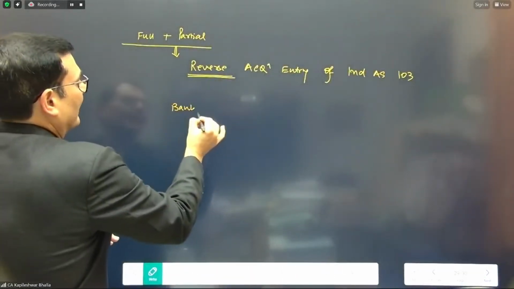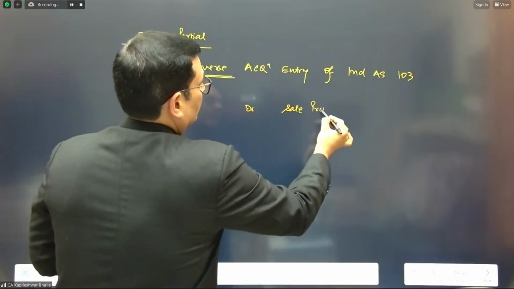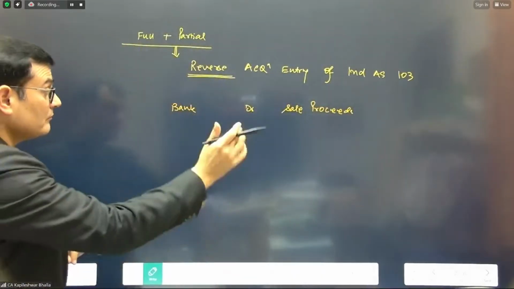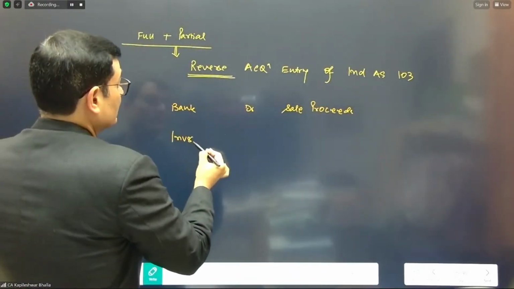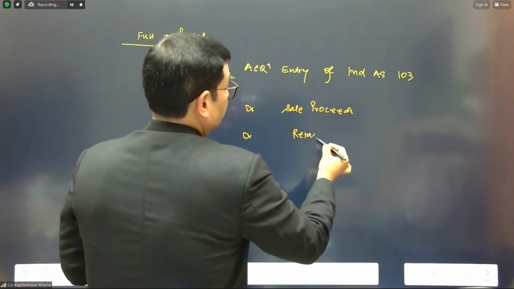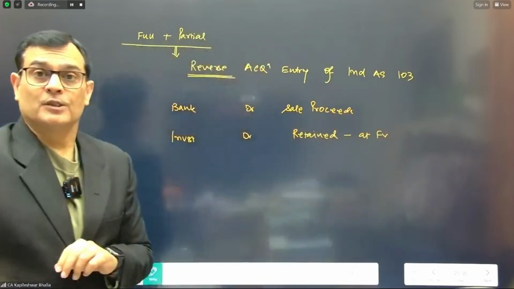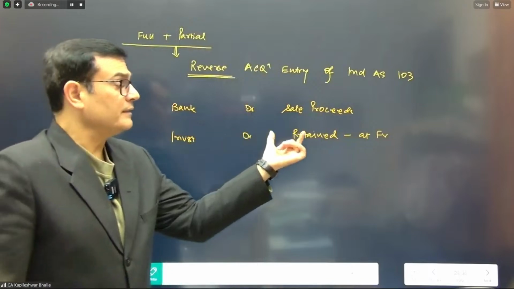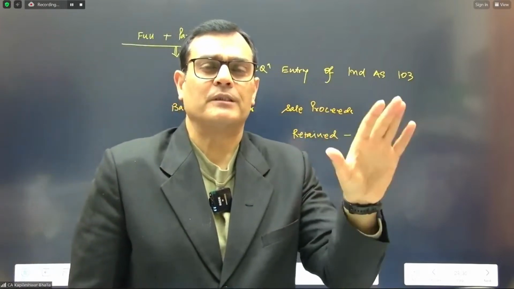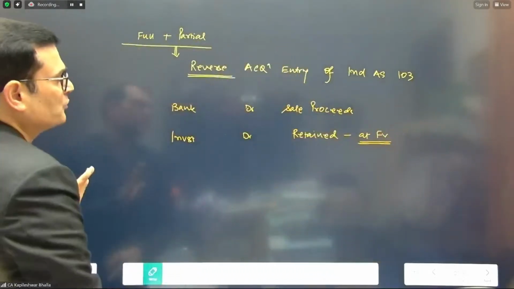I will put the entry bank account debit. This is with the sale proceeds on disposal of the investment. I will debit the investment account, and this is with the investment which is still retained. And this will be recorded at a fair value. So we will put a debit to the investment. This is whatever investment is retained, either associate or a passive investor. So whatever the case be, we're going to record this at the fair value on the date of disposal.